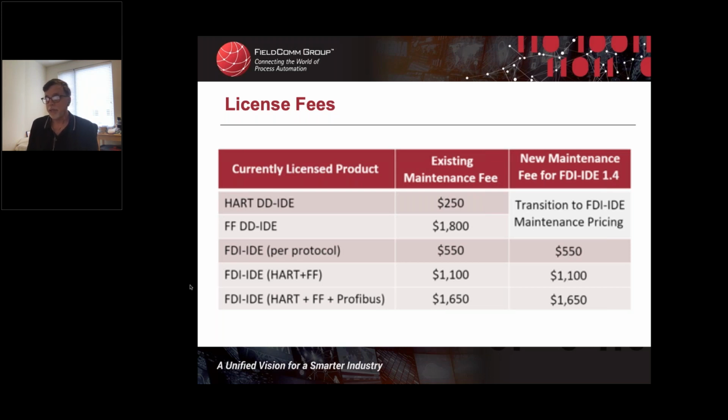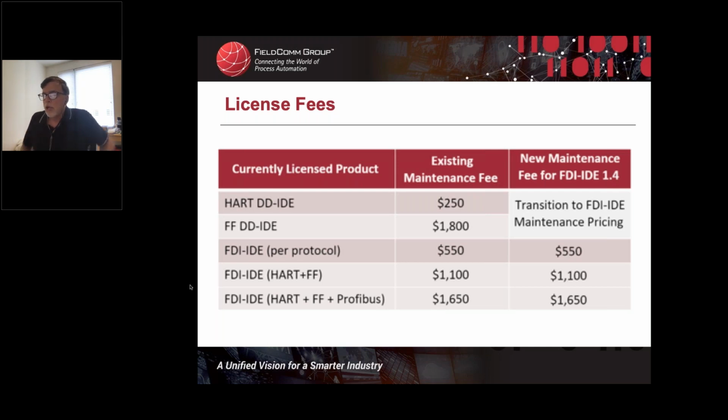That's going to go up to $550 per year, as you see in the FDI-IDE per protocol license fee. And if you're currently using the FF-IDE, which has a maintenance fee of $1,800 per year, your maintenance fee is going to go down to $550. If you're using both, your maintenance fee will go to